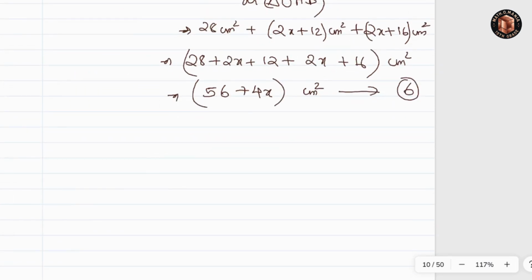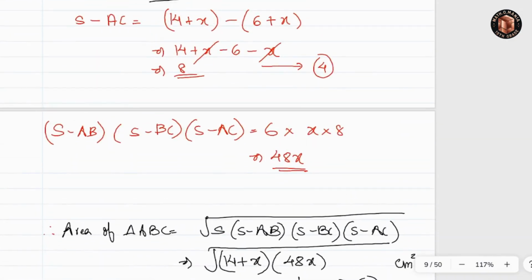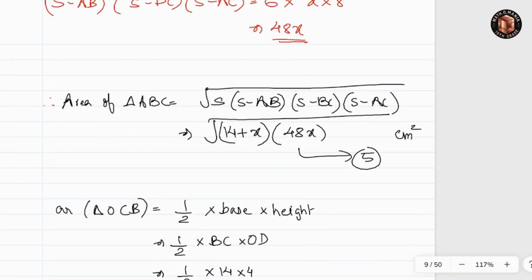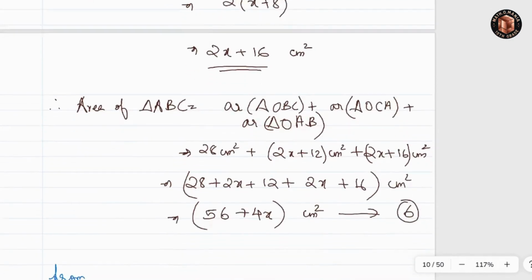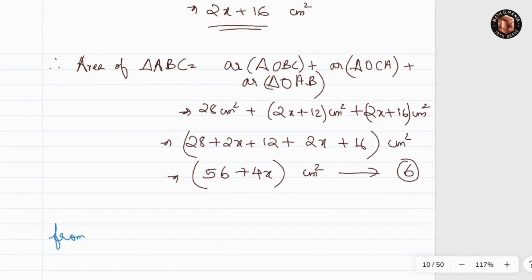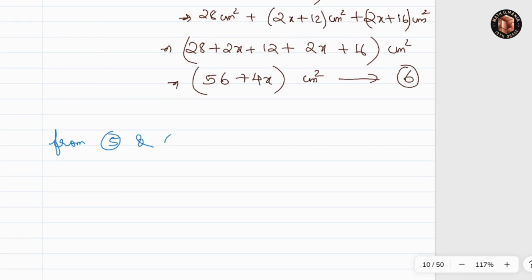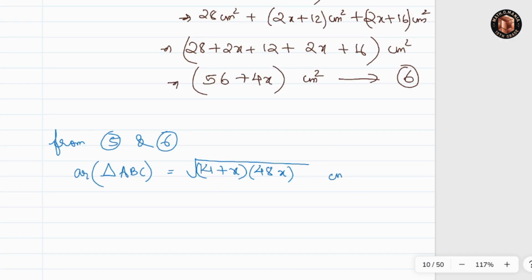Okay, now we got two values for the area of the triangle ABC, right? Therefore, the previous equation I have given, area of the triangle ABC is equal to root of (14 plus x) into 48x. Here I got another equation for the area of the triangle, which is equal to 56 plus 4x. From equation number 5 and 6, what can I write? Area of triangle ABC equal to, let me write those equations again, root of (14 plus x) into 48x is one equation, and